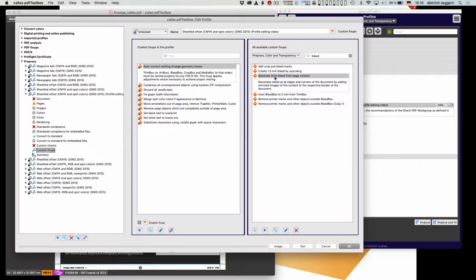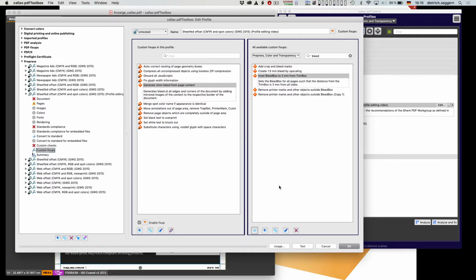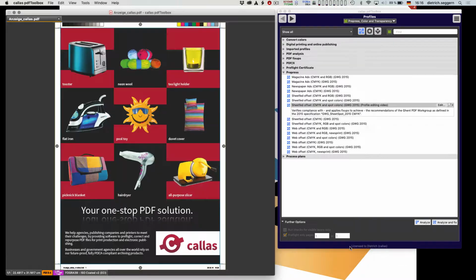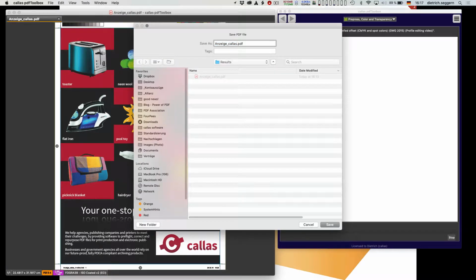We are saving it, and in order now to associate that with a profile, we have to hit here the arrow, and that will copy it into the left column, thereby associating it with a profile. So, when we now save it and run it again, and just give it a new name,